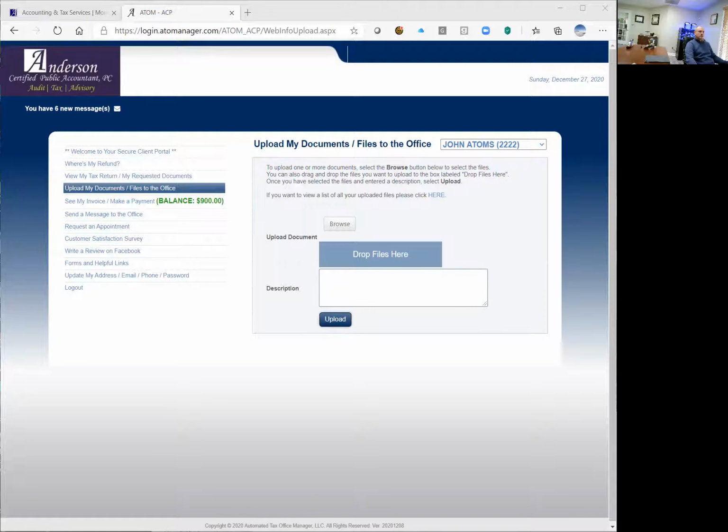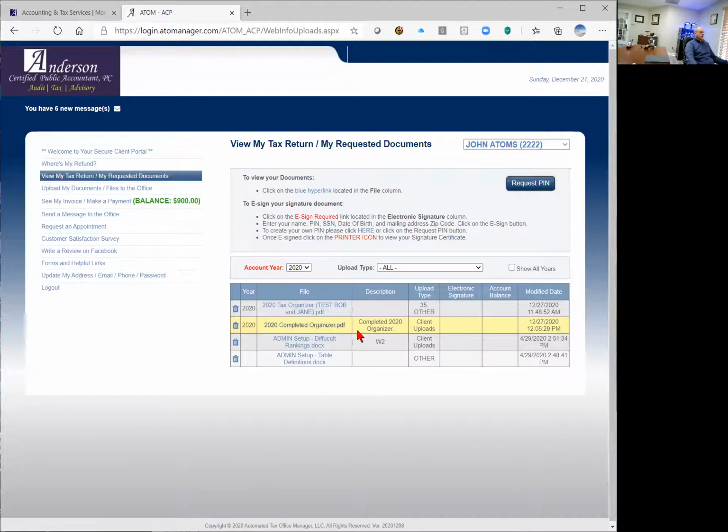So now I've got account documents. I'm going to mark it complete. I've moved it around to where I have it put in the right spot,